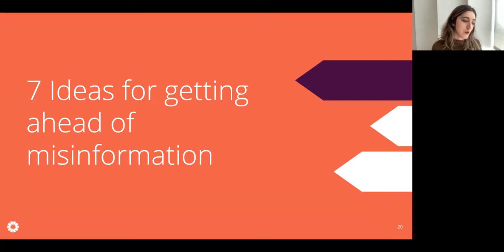If you are in the position of working at a media company, being a journalist, reporter, and editor, or if you work in public health as a public health communicator, these are some ideas that you can take back with you and think about to help produce content that is going to prepare your audience for misinformation instead of constantly trying to react to misinformation and correct the record after it's been meddled with, right?